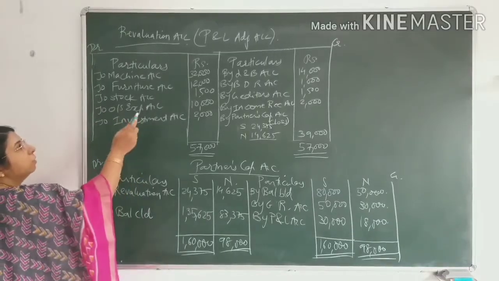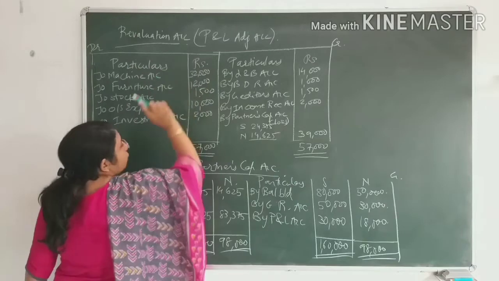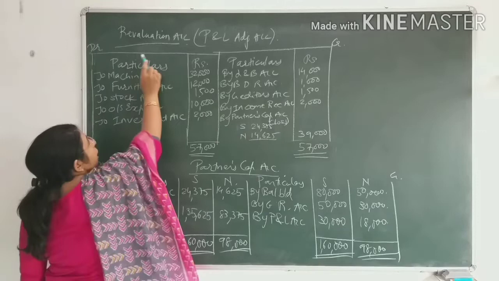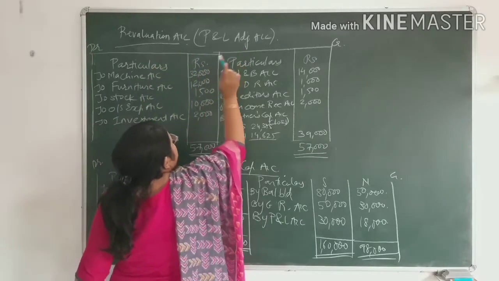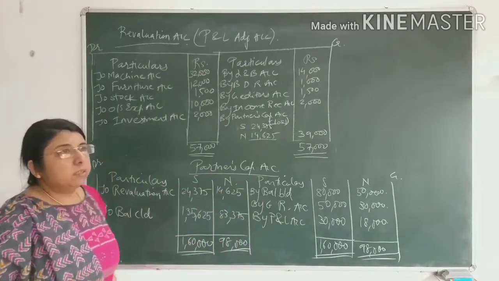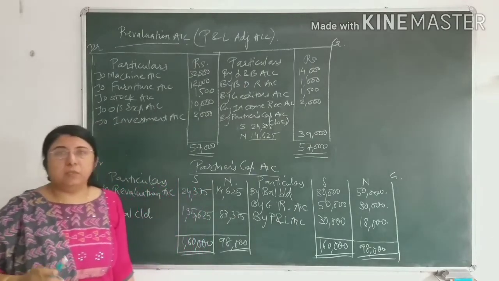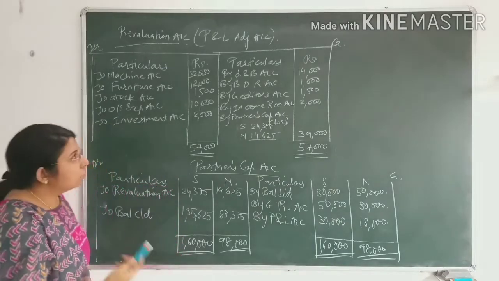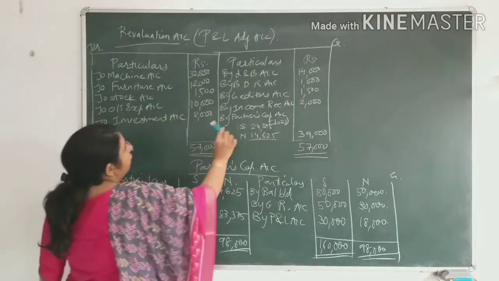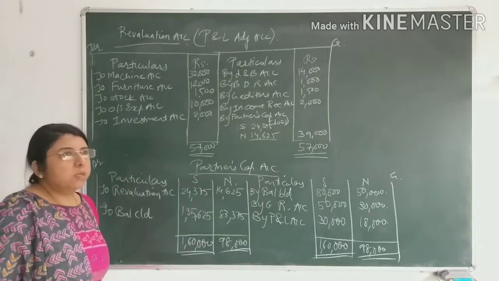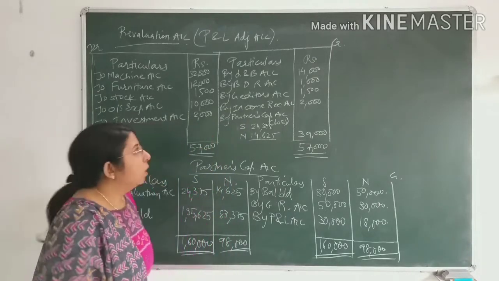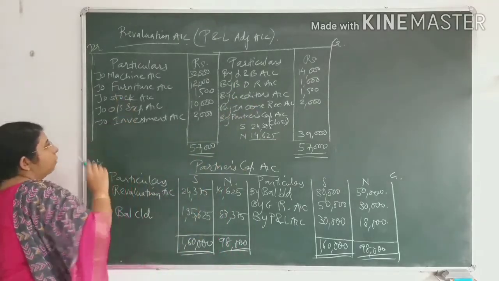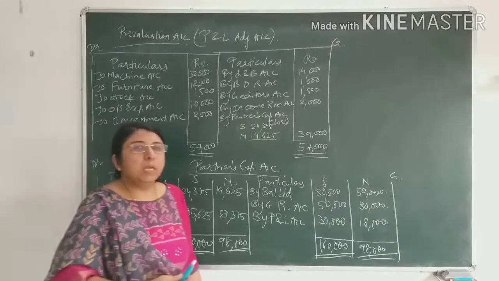Now after the journal entries, we have to prepare the revaluation account. Students, in the previous video lecture I also explained that the revaluation account is also known as the P&L adjustment account. In standard 11th you have already studied one chapter, that is ledger and posting. So here, from the journal entries we have learned just now, we just have to do the posting of the journal entries in the revaluation account. One more important thing: if profit occurs to the firm, then the revaluation account will always be credited, and if loss occurs to the firm, then the revaluation account will always be debited.